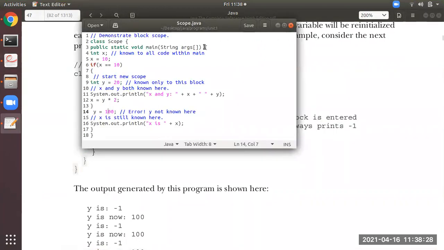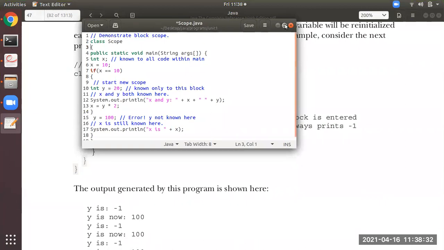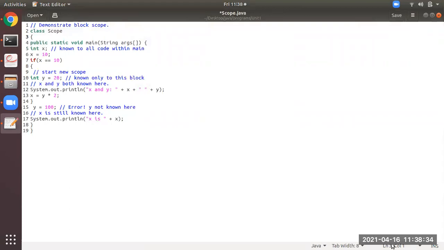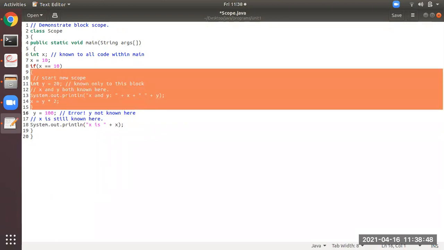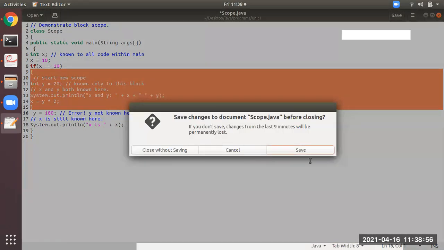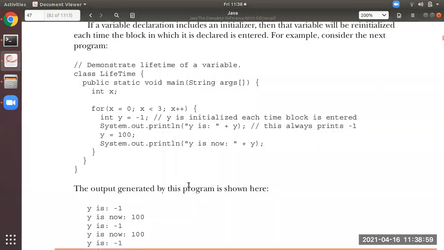See, from line number 2 to line number 9, whatever is there, that is one scope. Then line number 5 till line number 9, that is another scope. Then line number 9 till line number 15, that is another scope. Means a scope can have another scope, or a block can have another block. But now the point to remember, or point to observe,